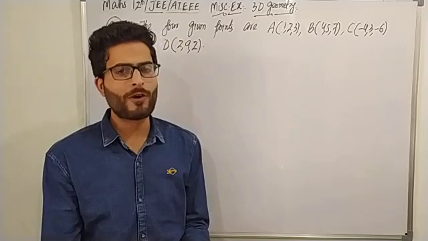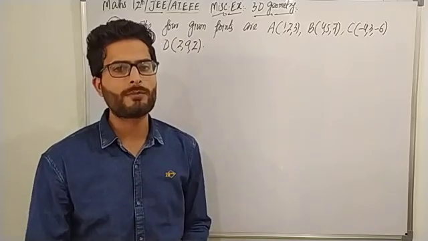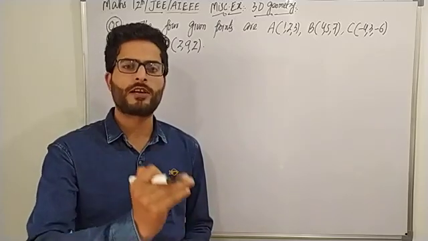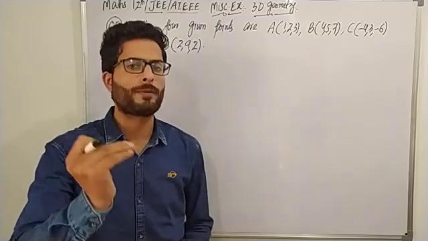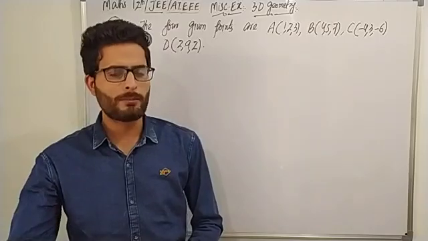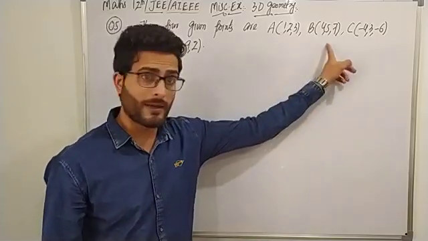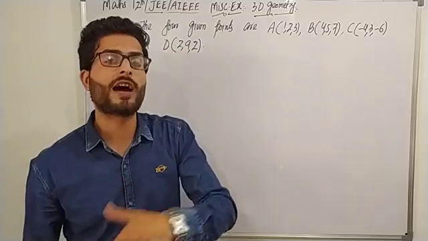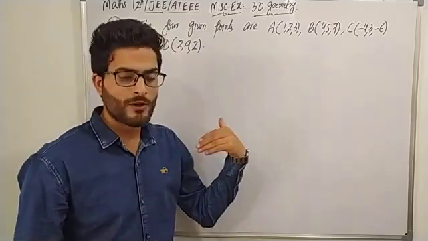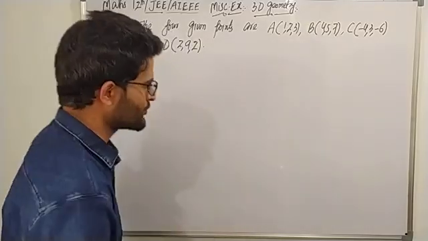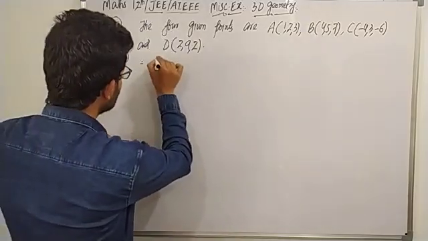So the angle is given by the formula again, cos theta is equal to a1 b1 plus a2 b2 plus a3 b3 divided by square root of a1 square plus a2 square plus a3 square into square root of b1 square plus b2 square plus b3 square, where a1 a2 a3 are the direction ratios of AB and b1 b2 b3 are the direction ratios of CD. So सबसे पहले हम AB और CD के direction ratios निकालेंगे. So therefore direction ratios